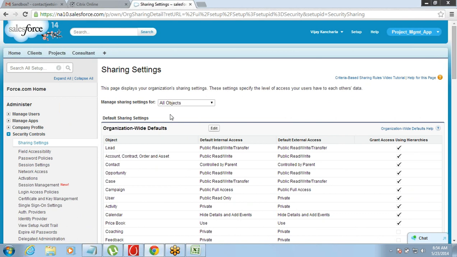Okay, so let me show the navigation again. Go to setup, security controls, sharing settings. That's it. Under that we have organization wide defaults.